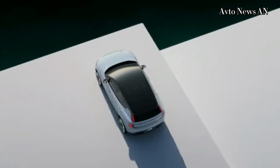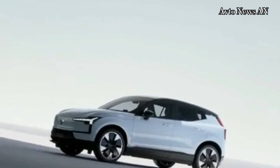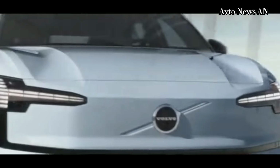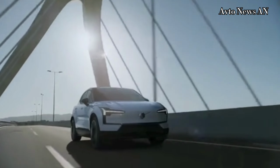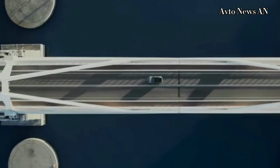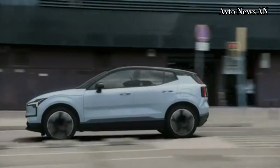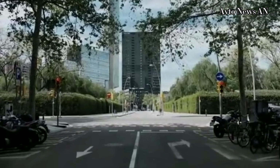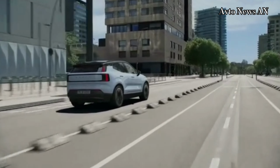The automotive industry has witnessed the unveiling of the 2024 Volvo EX30, a groundbreaking model that seamlessly blends innovation with contemporary design. Volvo, known for its commitment to safety and cutting-edge technology, has once again raised the bar with the EX30. The exterior of the 2024 Volvo EX30 exudes sophistication and strength. Its sleek lines, combined with a bold grille and signature Thor's hammer LED headlights, give the vehicle a commanding presence